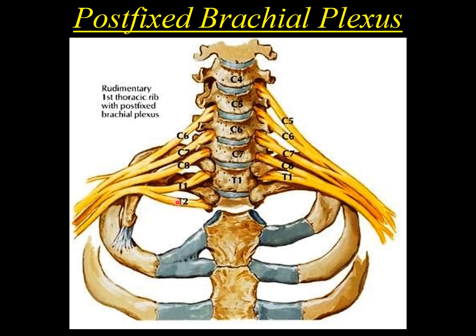So it means a spinal nerve lower down contributes to the roots, and that's why it is known as postfixed brachial plexus. Prefixed means that there will be no T1, but in place of T1 there will be C4. So C4, C5, C6, C7, C8 will be the root value of the prefixed brachial plexus. Here, in place of T1, the fibers from C4 went to the brachial plexus. So we name it prefixed brachial plexus, and if it goes from C6 to T2, we name it postfixed brachial plexus. The normal is C5 to T1.